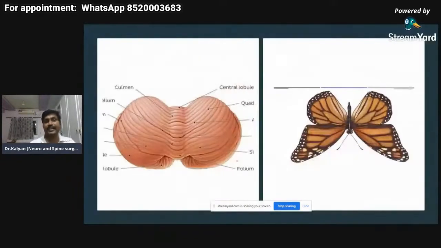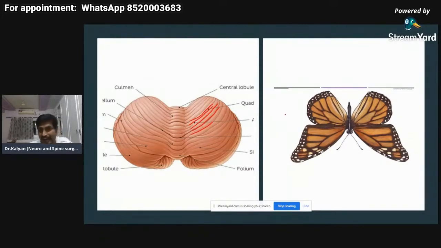Fine. So let's come back to the cerebellum. This is the picture of the cerebellum from behind. As I've told you, there are a number of horizontal striations. These transverse fissures are very specific for the cerebellum; they are present nowhere else in the brain. So once you identify these transverse fissures, you are very sure that this is a part of the cerebellum.